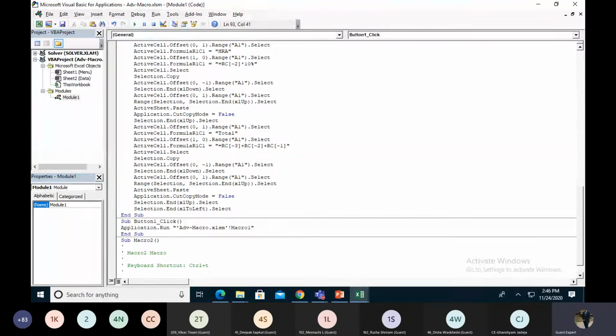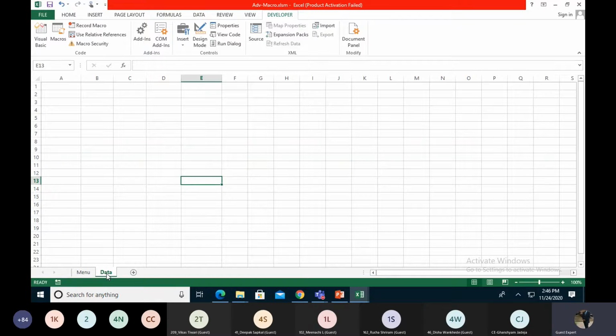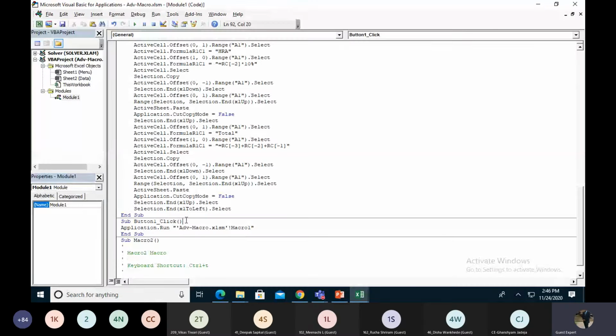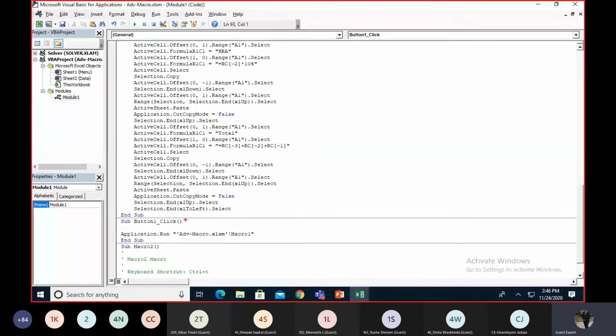The most important thing is that my data should be shown on sheet number 2. Okay, if I run this macro, it runs on the menu sheet, but I want to run this macro on the data sheet. So again, I have to write some code. First of all, see over here, this is in my data file and the original sheet name is sheet number 2.